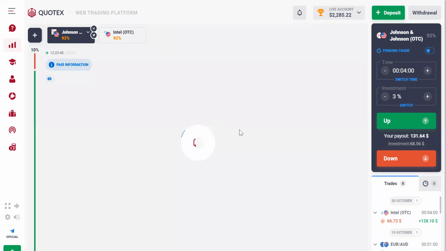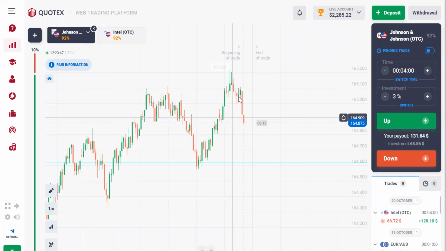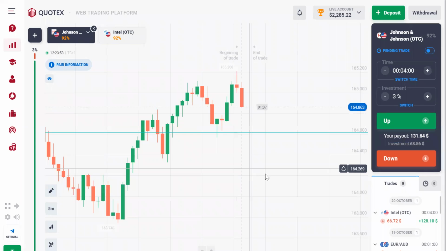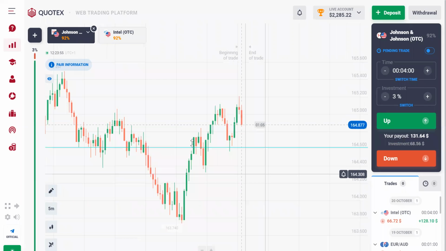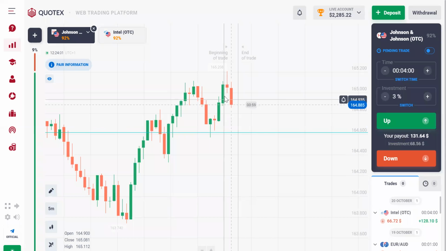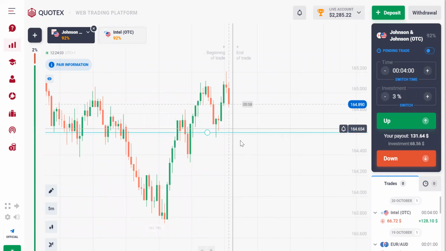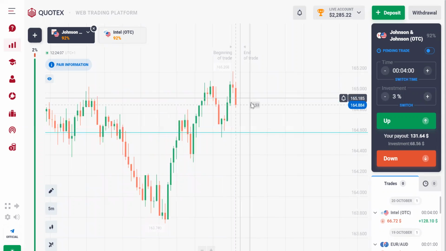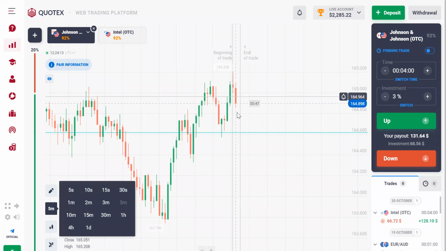Let me pick up this chart. And let me see. Okay, now look at this one. We're seeing good candles here on Johnson. This is the 5 minute chart. It was giving us a higher high, higher low movement. It came here and is struggling to buy. And let's see what the market is going to show us here. I feel the market could still be selling.